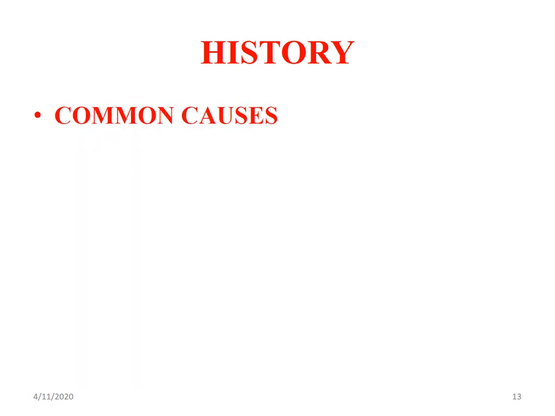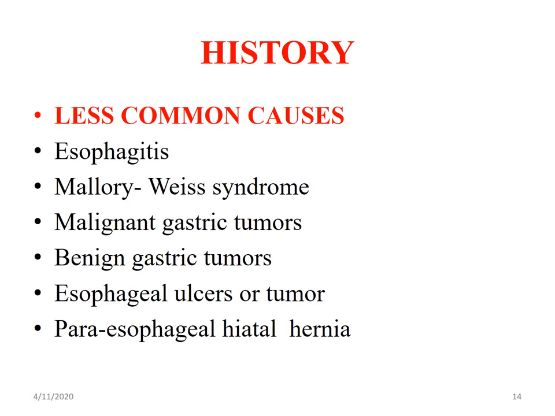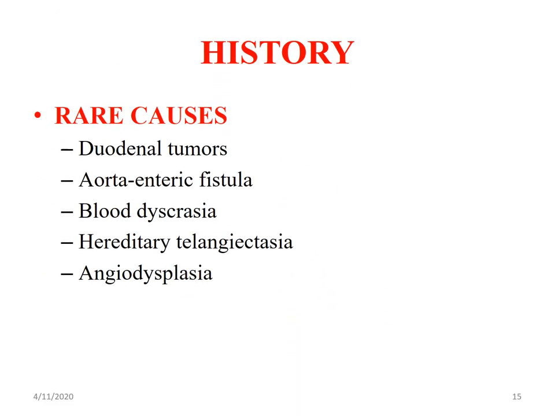Now, what are the common causes of upper GIT bleeding? We have duodenal ulcer, gastric ulcer, etc. There are less common causes, for example esophagitis and so on. Rare causes: duodenal tumor, aortoenteric fistula, blood disorders, hereditary telangiectasia, and